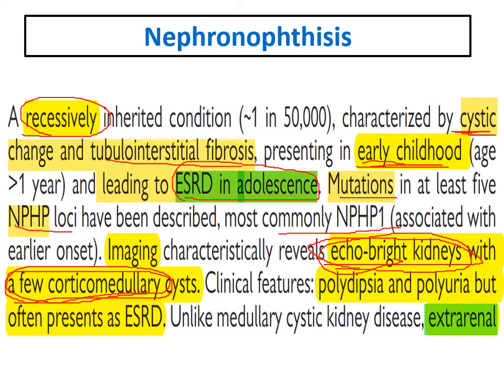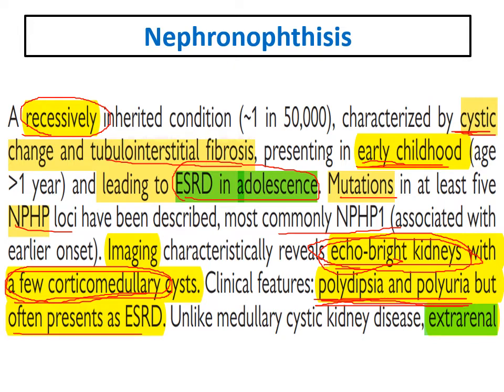Due to its main affection of the tubules and the interstitium, it is mainly a tubulointerstitial disease. So the main manifestations are polydipsia and polyuria. It is a very common presentation for these children to present with polyuria and polydipsia,